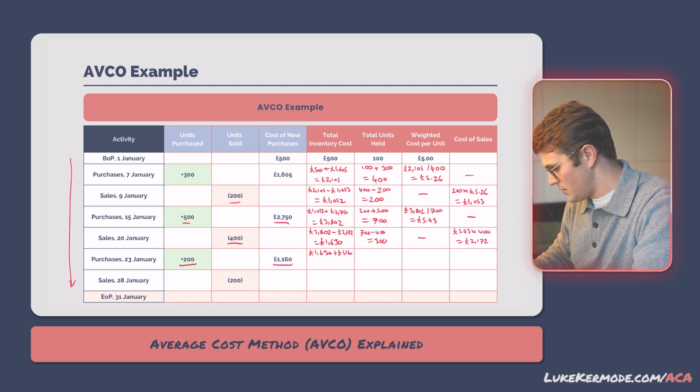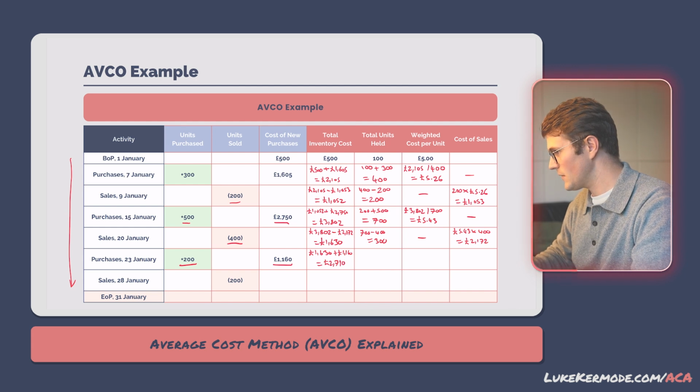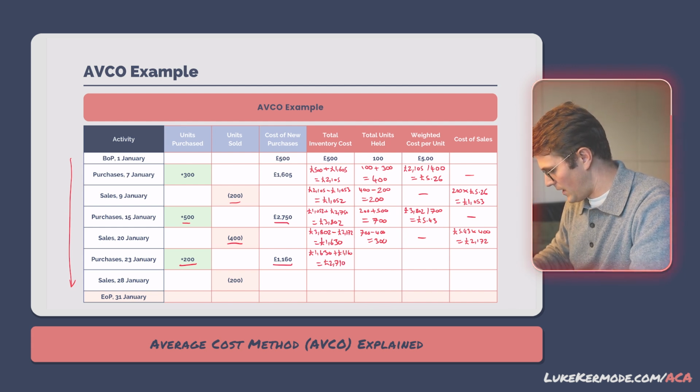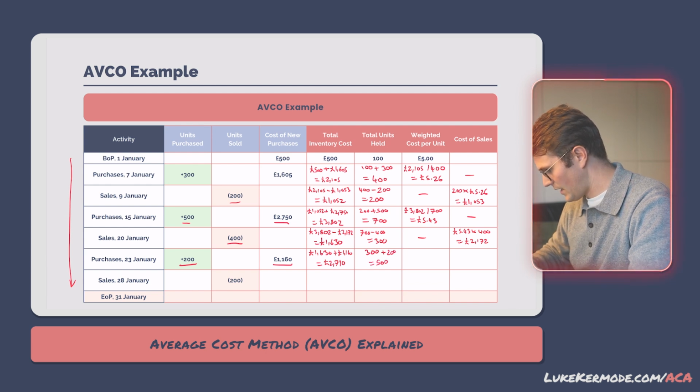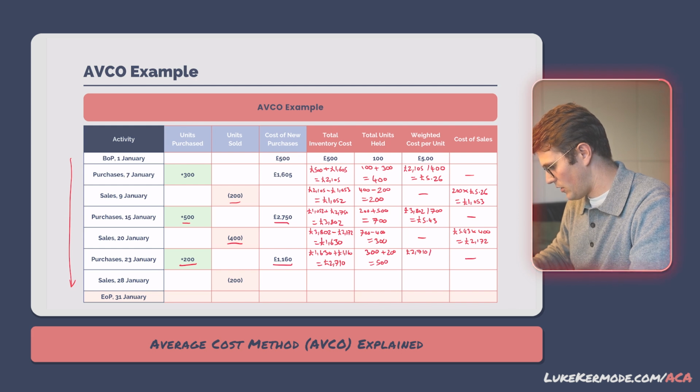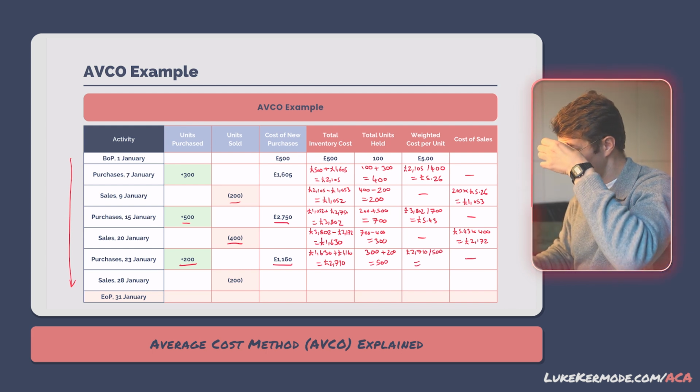So it's now £2,790. The number of units that we hold at that date is equal to 500. Don't need to calculate cost of sales, and our weighted cost per unit is equal to 2,790 over 500 equals